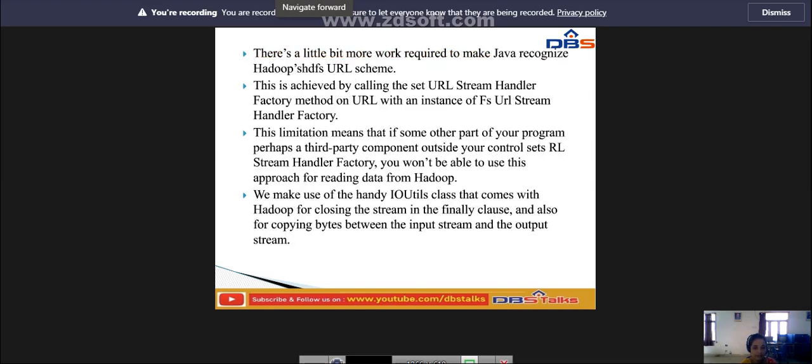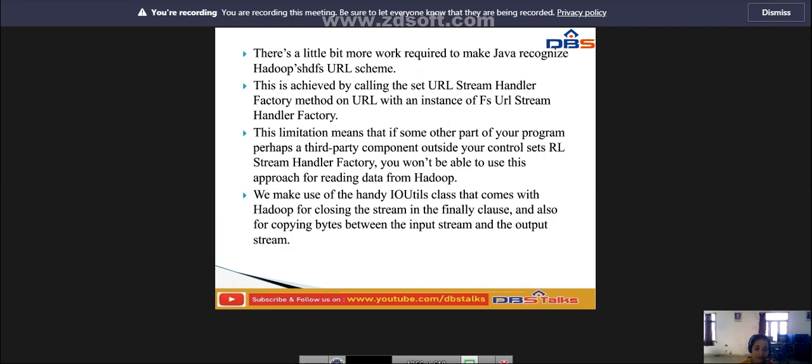There is a little bit more work required to make Java recognize Hadoop's hdfs URL scheme.